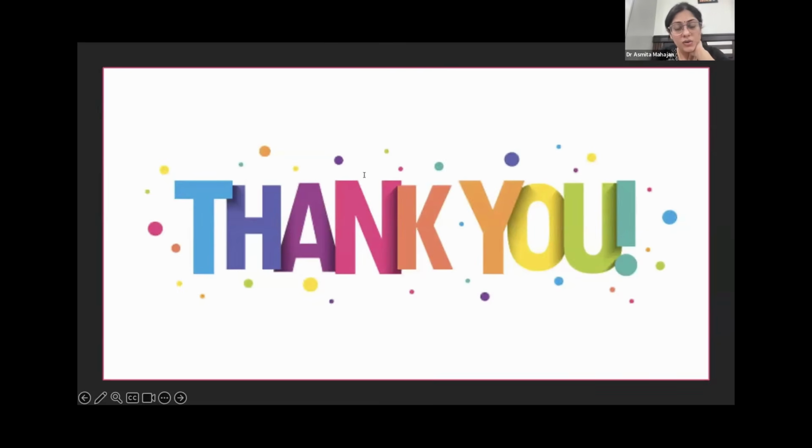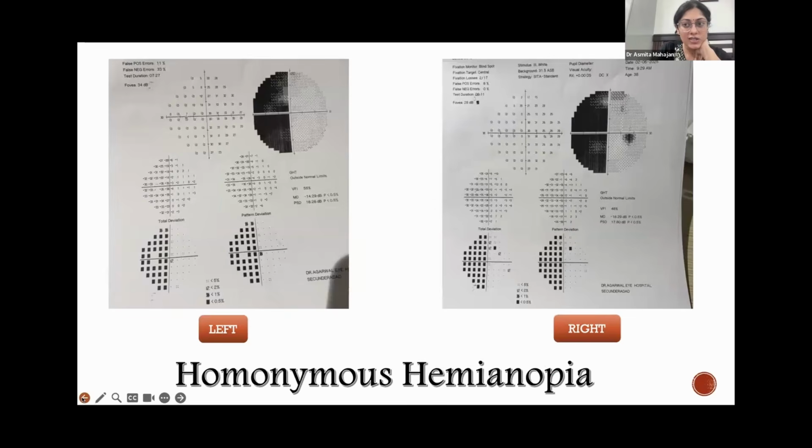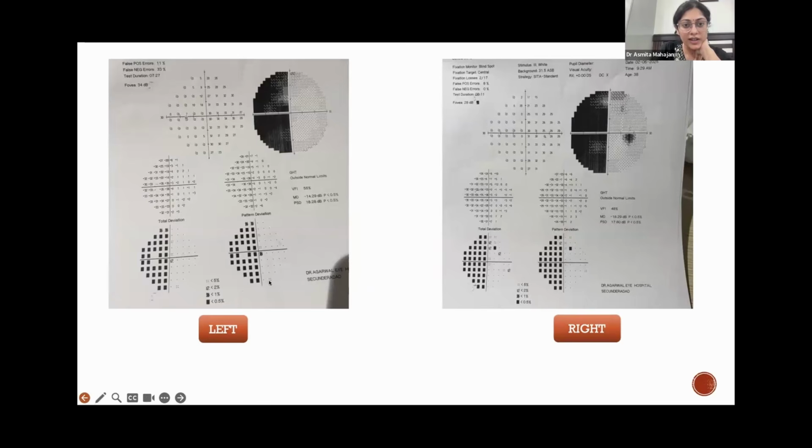Okay, so basically congruous and incongruous means whether they are kind of mirror images of each other. As we saw in the case of the patient with the stroke, they just look exactly alike. And if you look at this diagram also, you see that this is describing a visual field defect where the left and the right eye have very similar defects. They look exactly the same. And this one also is having a pie in the sky kind of visual field defect. They look exactly the same. So this patient had a congruous visual field defect where they are looking completely the same.